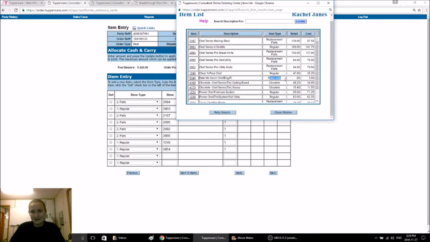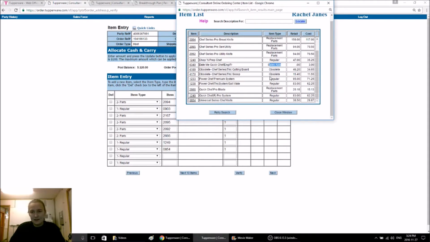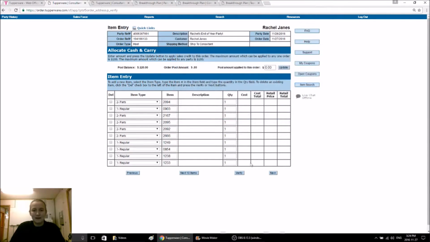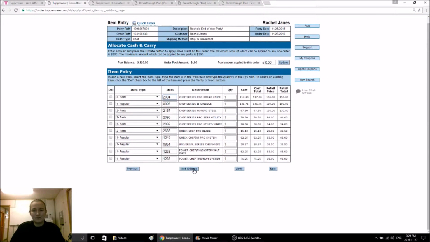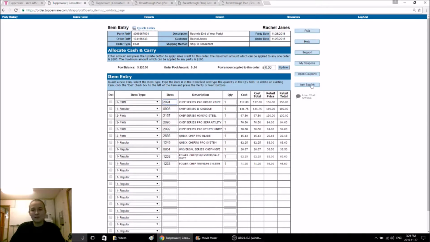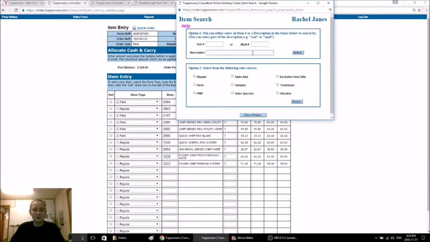See, here's a sales aid. Here's some regular items, so you definitely want those regular items in there. And then you're going to verify, and it's going to show you there's no problems here. And then next 10 items, you can do another item search for